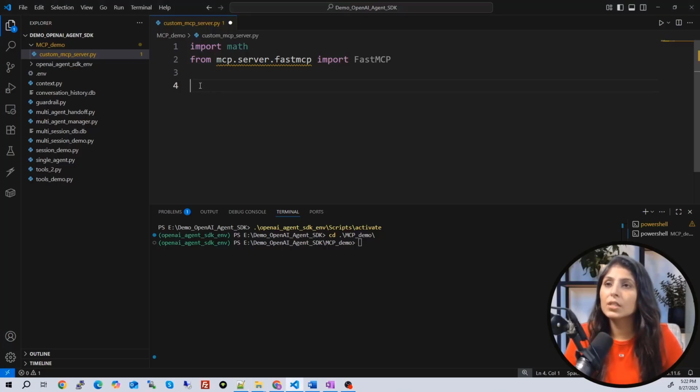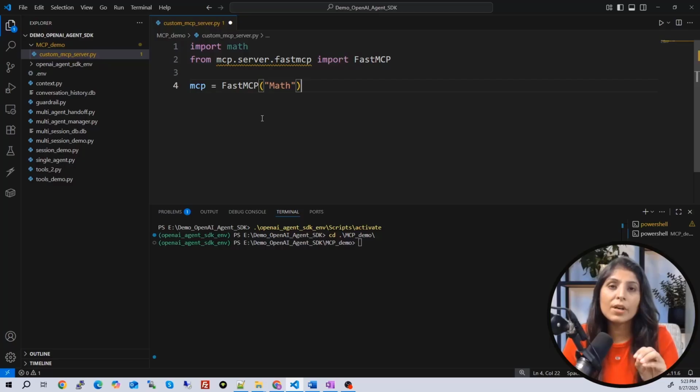So first we are creating the MCP server, and this is how you create an MCP server. FastMCP, this class, we are initializing the class, and then we are providing a name to it. And guys, by just writing this single line, your MCP server is created. Now we will write the tools, because every MCP server has some tools, and we can access the tools of that MCP server by connecting with it first. So every time your agent wants to use a tool of any MCP server, the agent will first connect with that MCP server, and then the agent can use its tools.